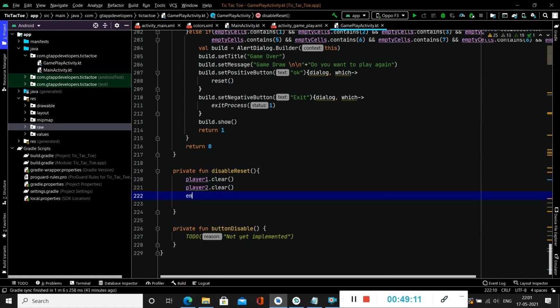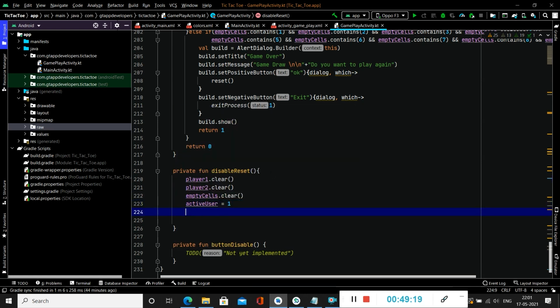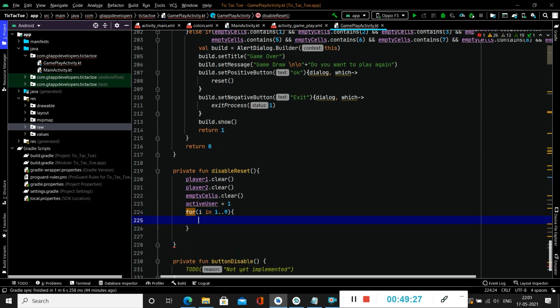Then we will clear our empty cells. After that we will change the active user to 1, and after that we will create a for loop from 1 to 9, and inside that we will create a variable for the button selected and specify the type as button.